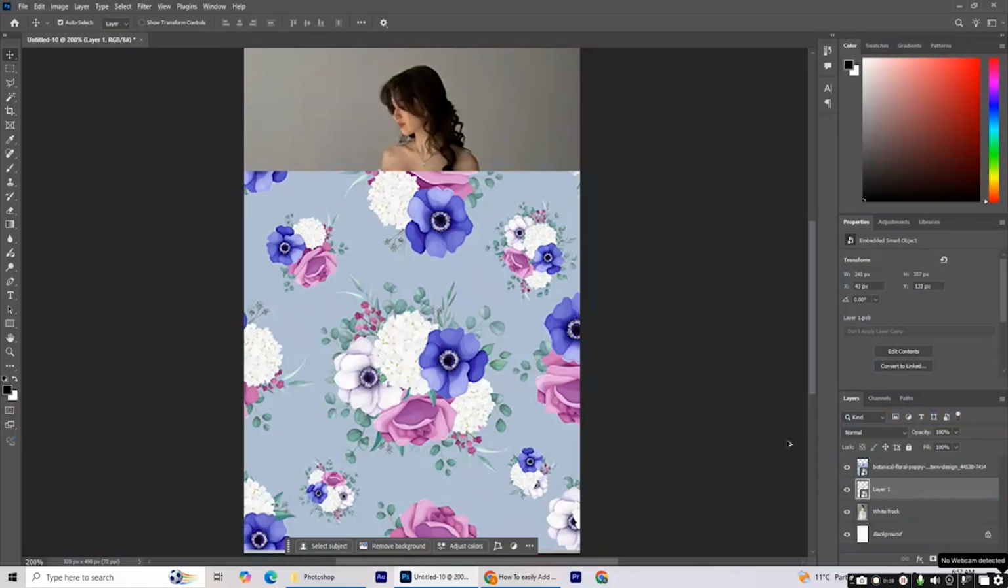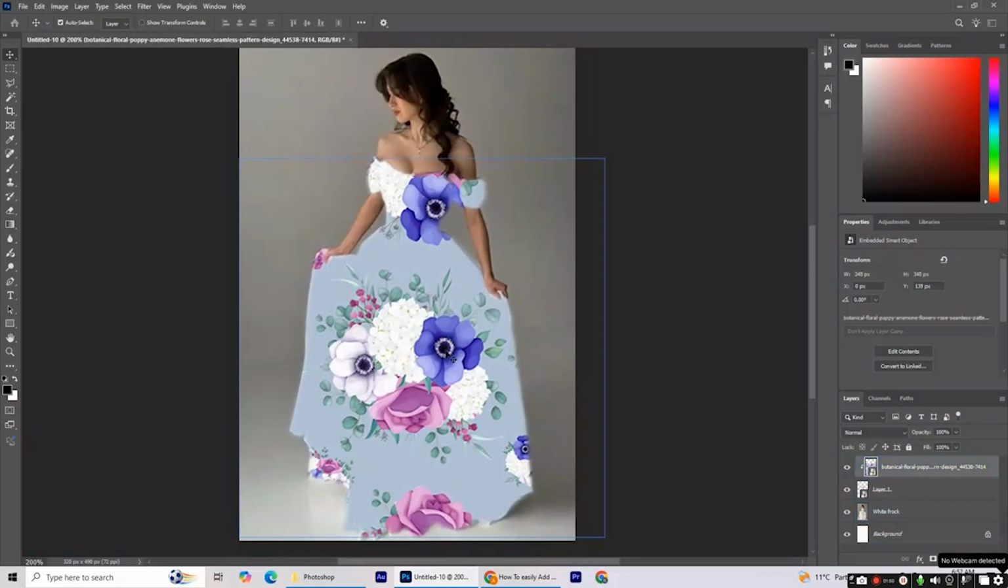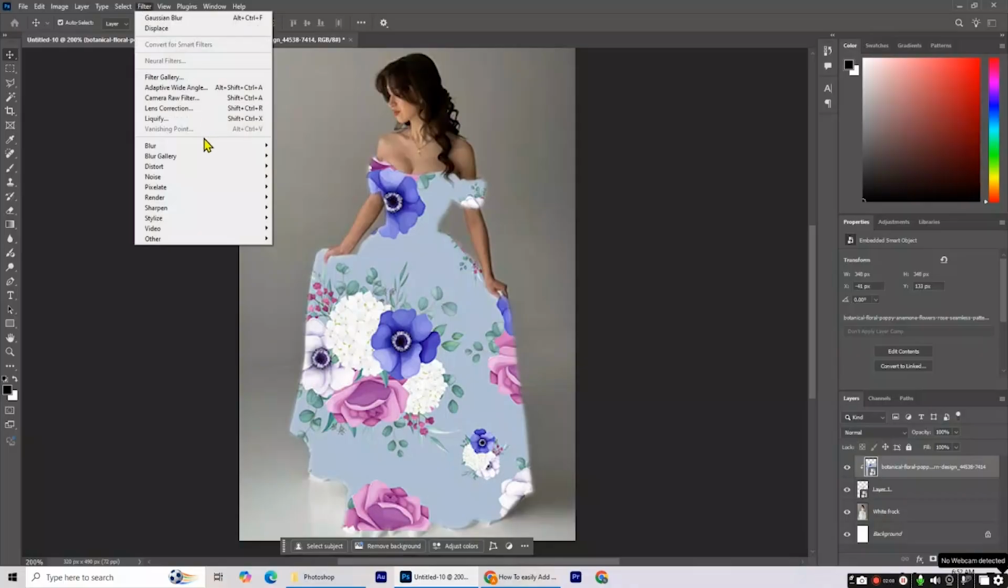Now I'm gonna press Alt and I will click on this layer like this. Now you can see the white frock is replaced by this, but it is not looking like it should be. So for that purpose, we will click on this. We will go in the filter, blur,